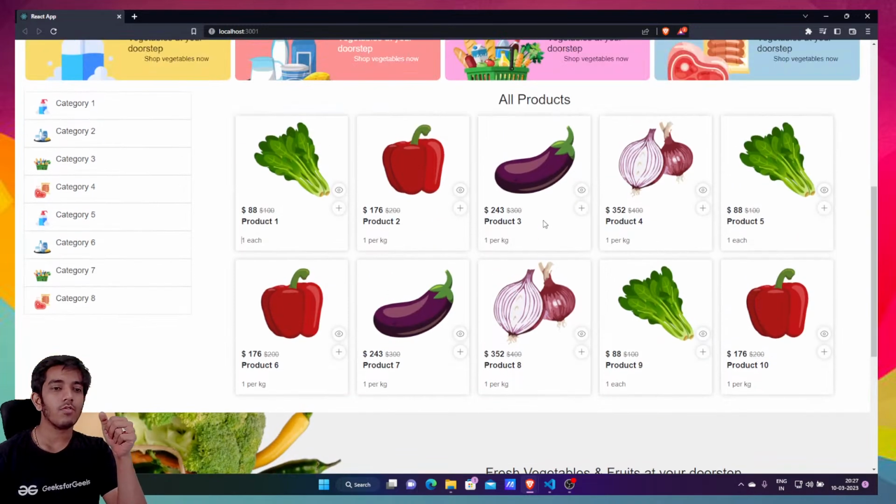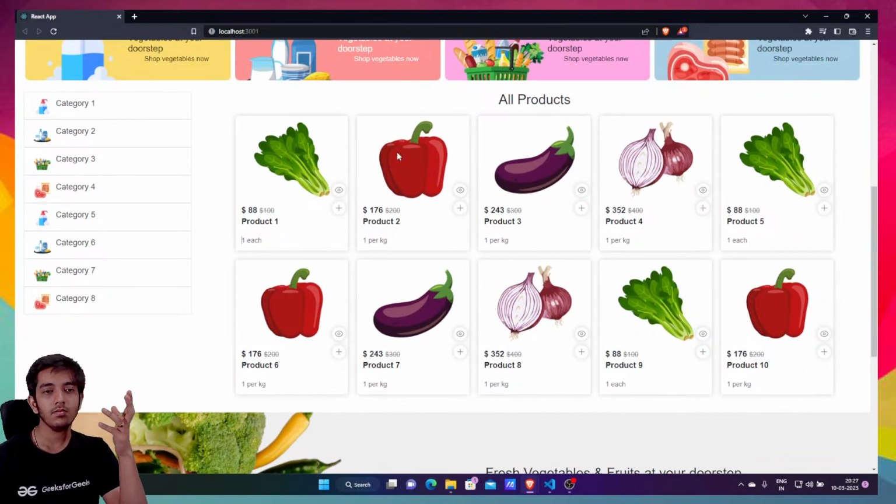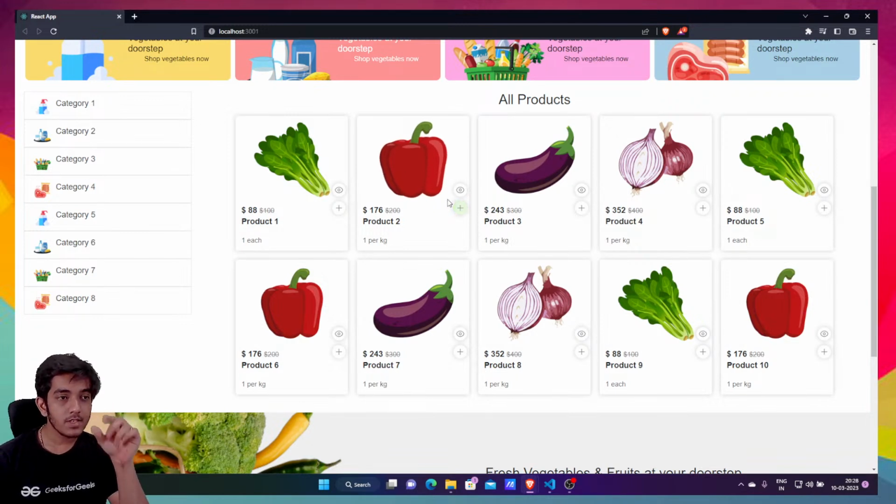If I click on this, I don't know what we call it in English. In India we call it Shimla Mirch. If I click on this Shimla Mirch, its product ID will be sent to a product page, and the data will be called according to that. So suppose right now I'm just taking a